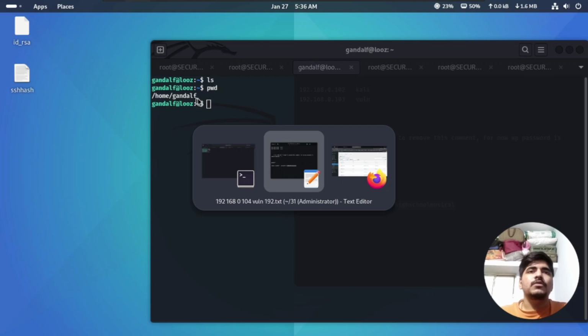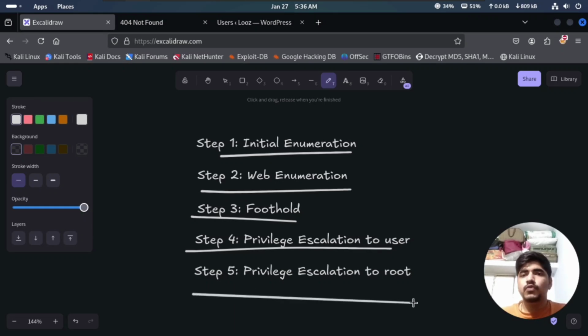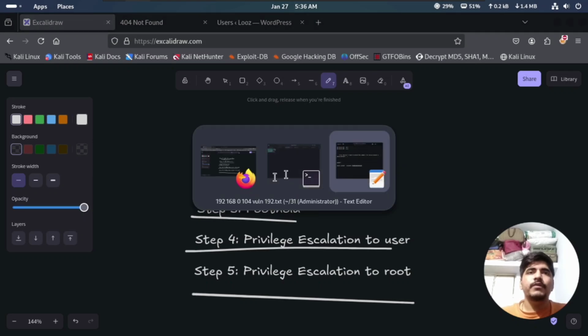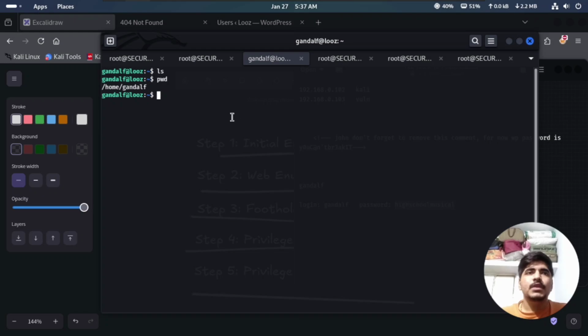Now we have the user's shell, so the privilege escalation to user is completed. Now we're trying privilege escalation to root. We're finding how we can root this shell. First, we check the SUID binaries using the find command with -perm 4000